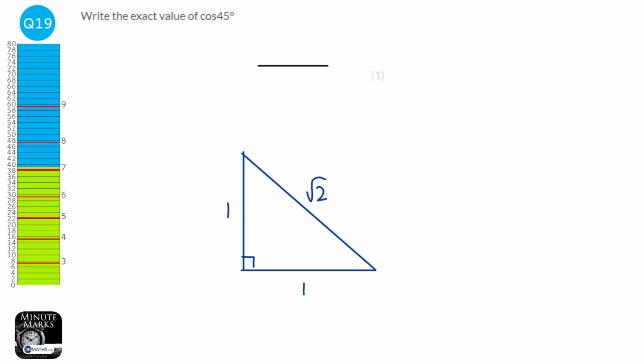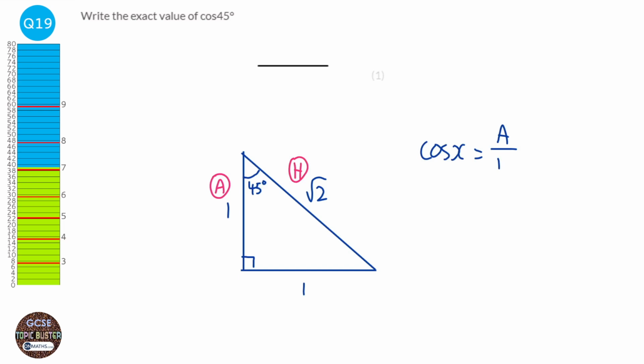Because it's an isosceles triangle, this angle here is going to be 45 degrees, and same with the bottom right one, but we're not interested in that. When we label it with our marked angle here, we've got the adjacent is here and the hypotenuse is here. Now we know from trigonometry that cos x equals a over h. The angle is going to be cos 45 and a is going to be 1 and h is going to